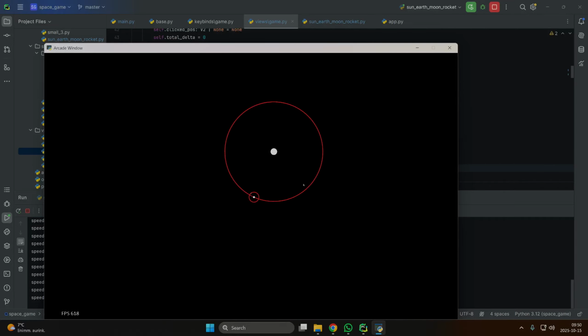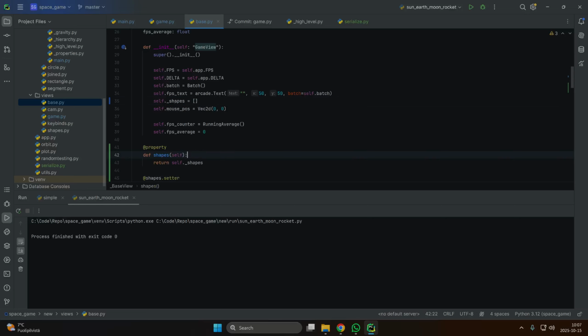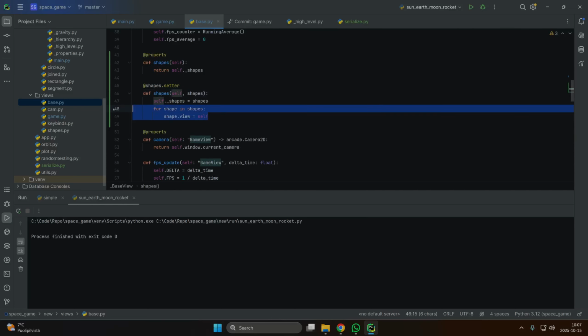Okay, let's focus. Let's get that optimizer set up. I changed the shapes list in the view to be protected. And I made a property for it, and then I made it so when we set it directly, we connect each shape to the view. Doing it this way,